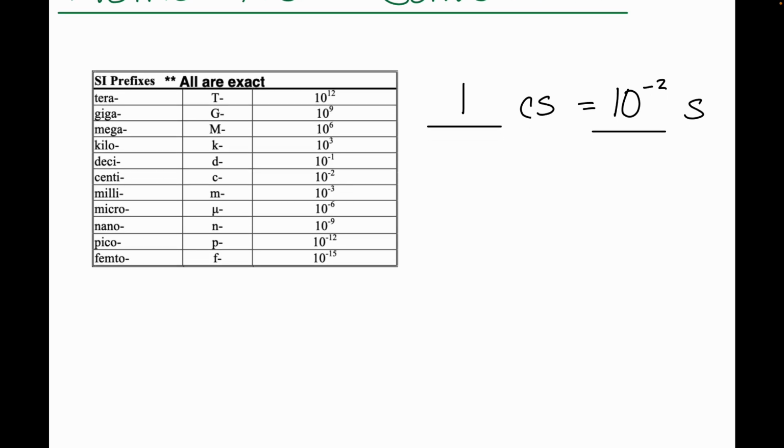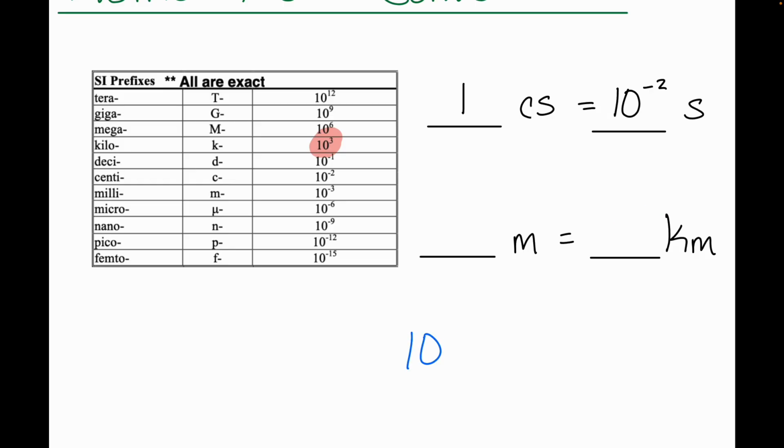Let's say that we're trying to go from meters to kilometers, and we're trying to fill in the blanks here. How many meters equal how many kilometers? I'm going to look on my table here, and I get this 10 to the 3. So, okay, I know I got 10 to the 3. Right? But the question is, where does it go? Does it go on this side, or does it go on that side? That's the hard part. This is what everybody messes up. All right? So let's try to standardize which way we're going to build these things so we don't flip them around